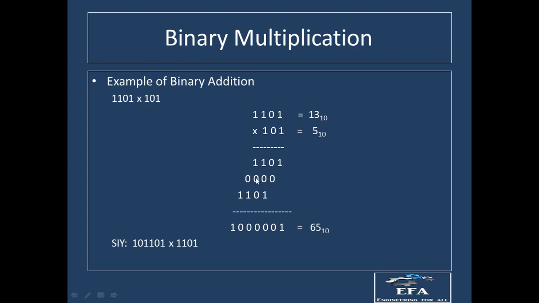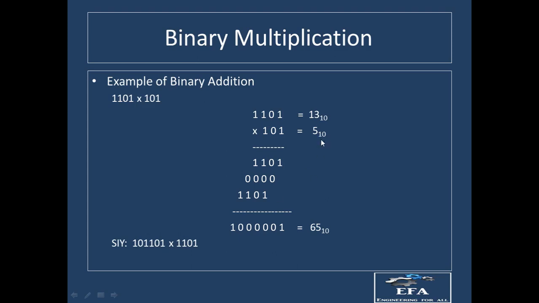1 0 plus 0 will be equal to 1 0. 1 0 plus 0 will again be equal to 1 0. So 0 comes here and 1 will be carried. So 1 plus 0 is 1. 1 plus 1 is 1 0. So 0 comes here and 1 is carried. 1 plus 1 is 1 0. 0 comes here and 1 is carried.